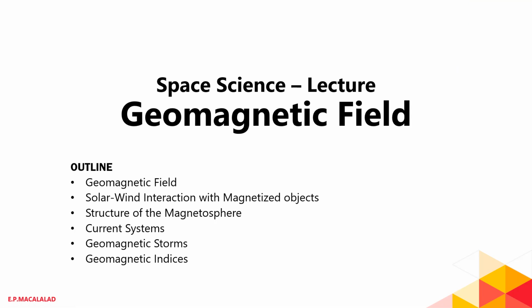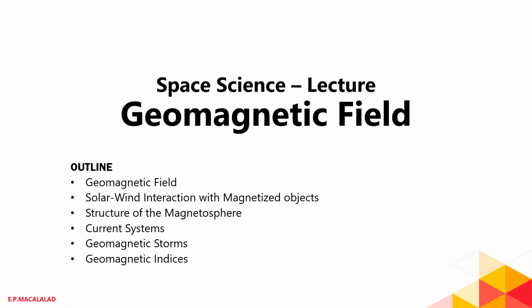So that means we're going to talk about the magnetic field of the Earth, near the Earth, and through discussion of the magnetosphere. So we're going to start with the more basic ideas like the intrinsic geomagnetic field of the Earth, and then how this intrinsic magnetic field interacts with the solar wind, producing the magnetosphere. So we're going to talk about the structure of the magnetosphere, specific parts, and how they were formed and what are their typical distances or structure.